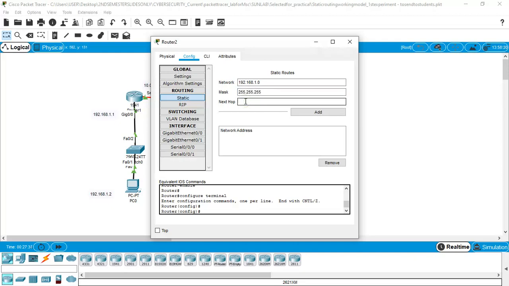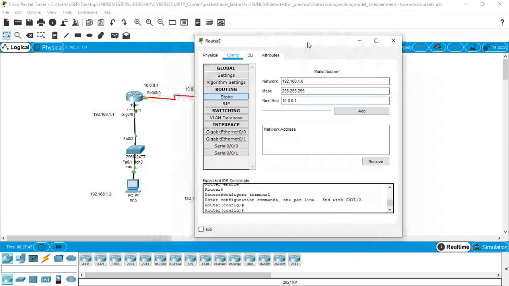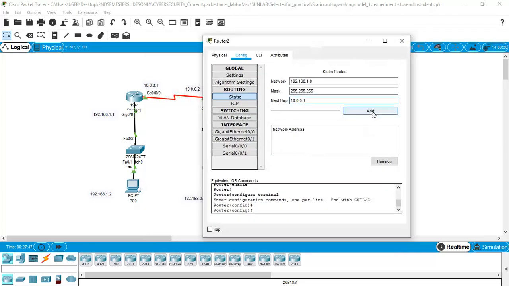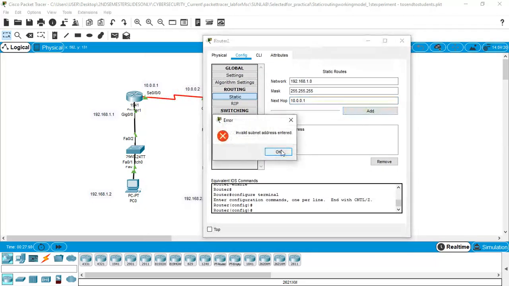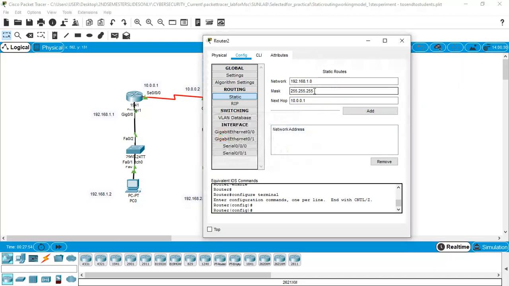The next hop will be 10.0.0.1. Okay, we will add this. Now we will add it.